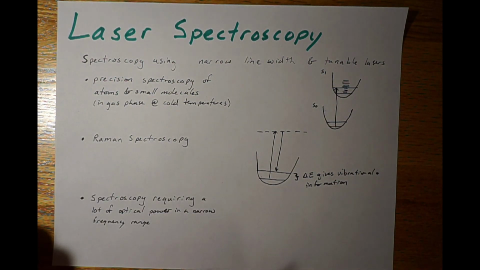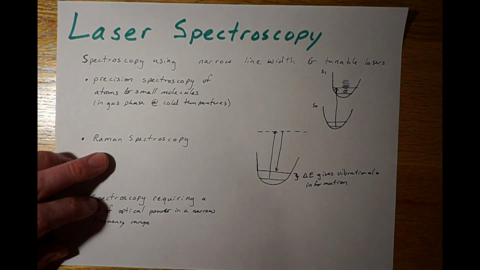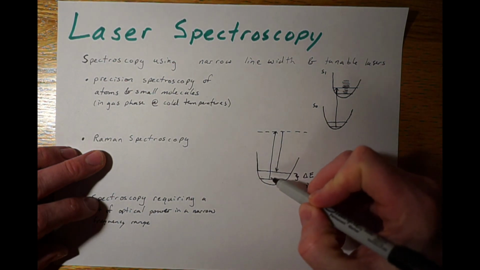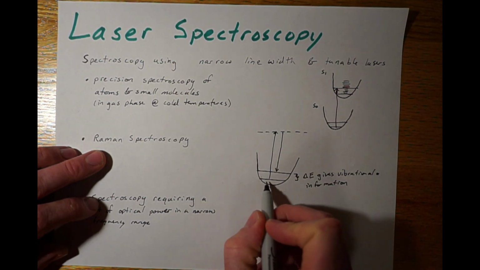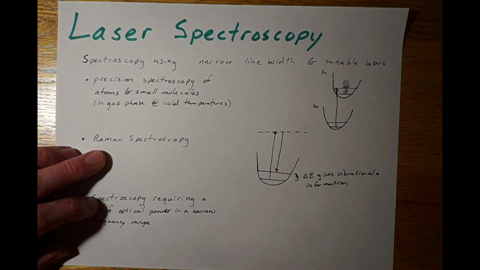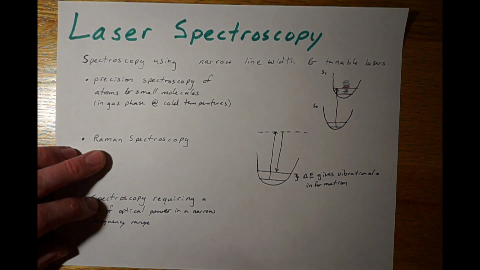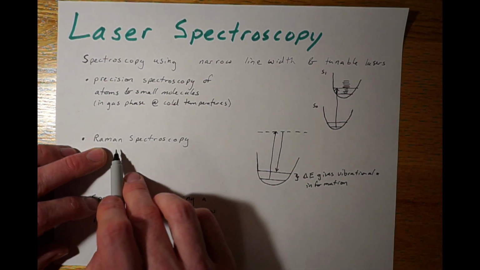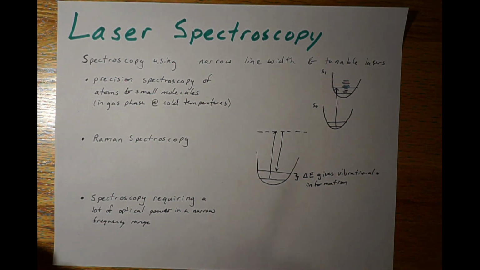Another example of where we might use a narrow line width laser, in this case not tunable, but just a single narrow wavelength laser, is in Raman spectroscopy. We haven't really talked much about Raman spectroscopy, but the way it works is you start out in a ground state, and I've drawn a ground state potential energy surface here, and we have two vibrational levels in that ground state. Raman spectroscopy tells us about those two vibrational levels, and the way that it does that is we have a narrow band visible laser, so something like a 632.8 nanometer helium neon laser,